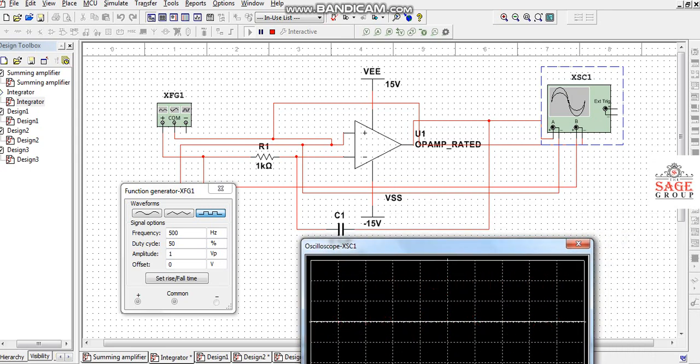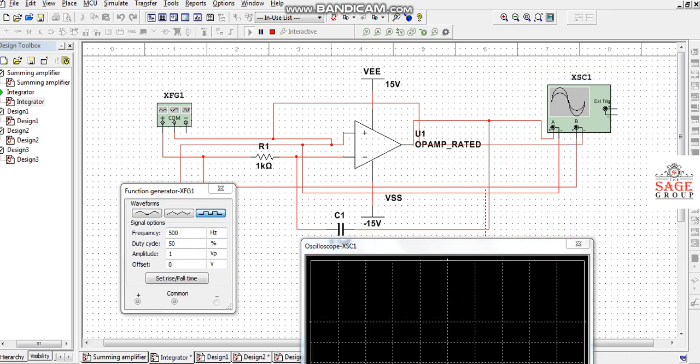See here we are giving the input, and channel A is used. See, this is the connection of channel A. We have connected it to the output terminal.